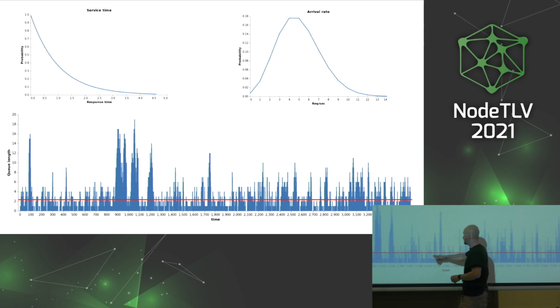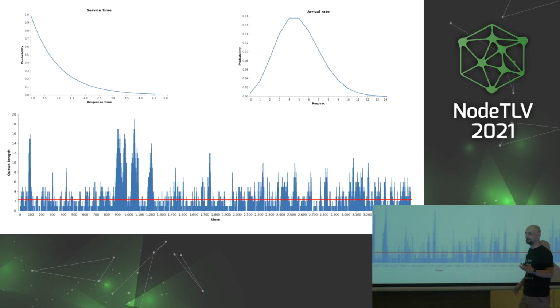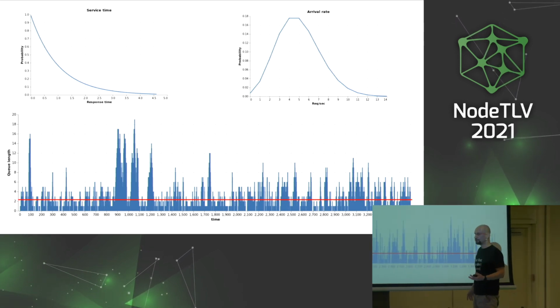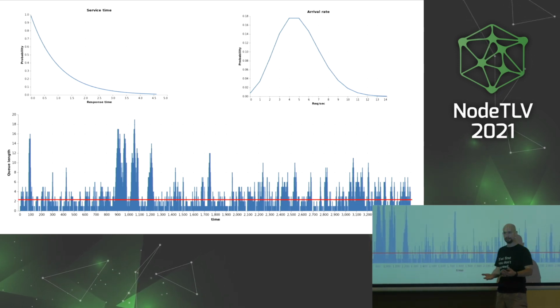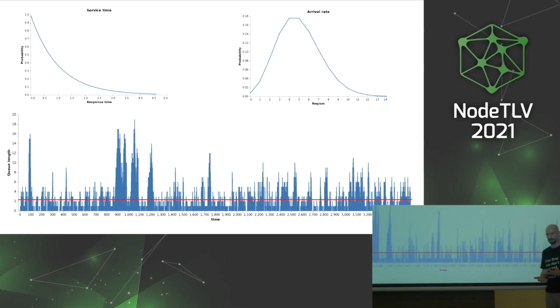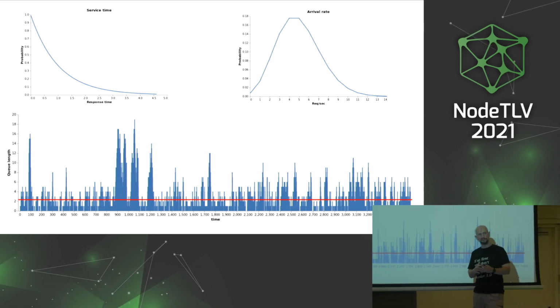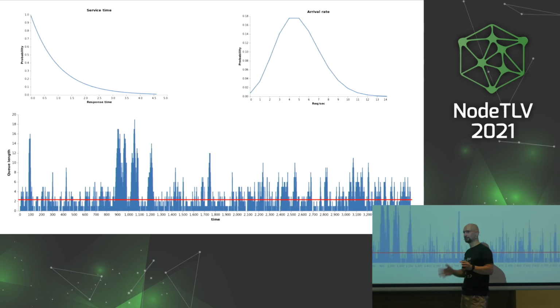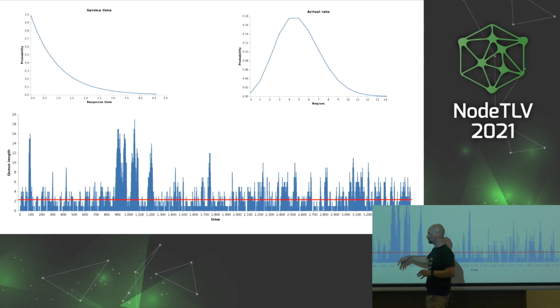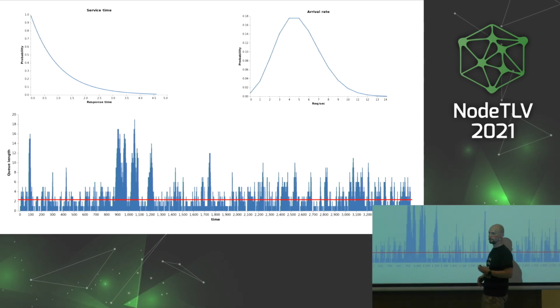So sometimes it takes more time to process, maybe we got a large JSON. Sometimes it takes less time. And this is the microscopic view of what's going on in the queue. This is basically the queue length. What you can observe here is that although this red line is the mean or average length of the queue, the queue is often much higher than this. It's very spiky in a way. And this is the general behavior of queues.